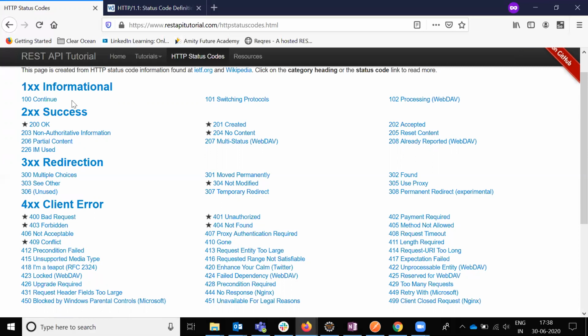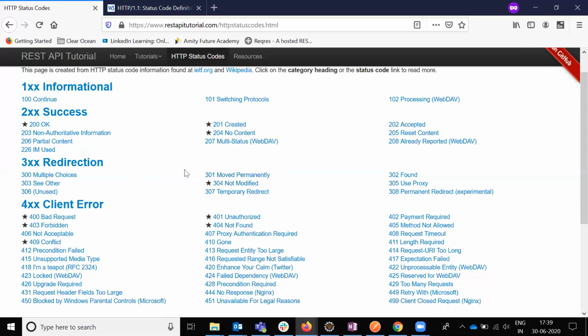But the mandatory ones you test every day are a few things. One is 200, 201, 202 accepted, and 204 is used very rarely. Don't worry about 204, but every time we are testing 200, 201, 202, these three status codes are mandatory in successful cases. Redirection is not much, but 304 is the one. I will explain why and what that status code is. Mandatory things I will tell you first.